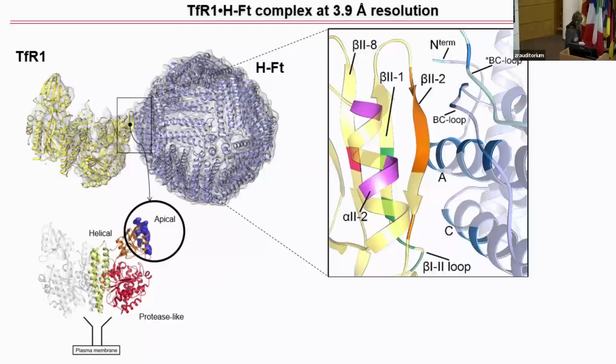And we have that in the receptor, the binding region is made up by 3 beta strands and 1 alpha helix, beta sheet 2, strands 8, 1, and 2, alpha helix 2, and on ferritin we have 2 helices and 1 loop involved in the contact. And in the receptor, the only region that is involved in this binding is the so-called apical domain. So this top tiny domain,